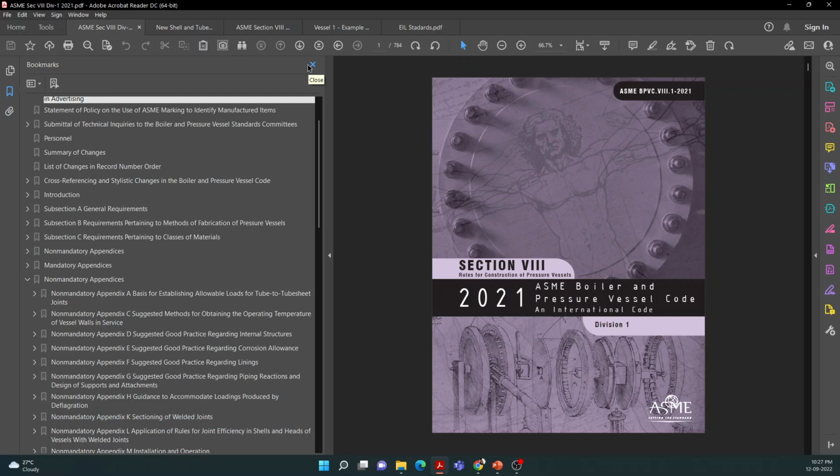Adding to that, we share some pressure design handbooks like Dennis Moss and Megyesy, which are generally required for different construction-related requirements, because the code does not cover all the aspects. Hence, some handbooks are there which you can refer to, and you can get your design resolution from them also, right? So in that way we share all the necessary information required to understand ASME Section 8 Division 1, right? So if you still have any further queries, please reach out to our mentor, please reach out to Gautam sir to get the query resolved,